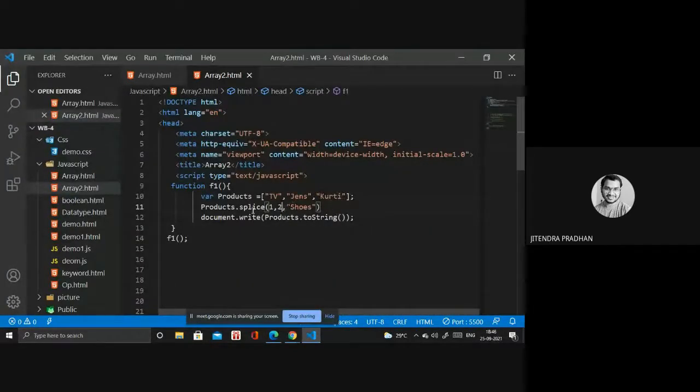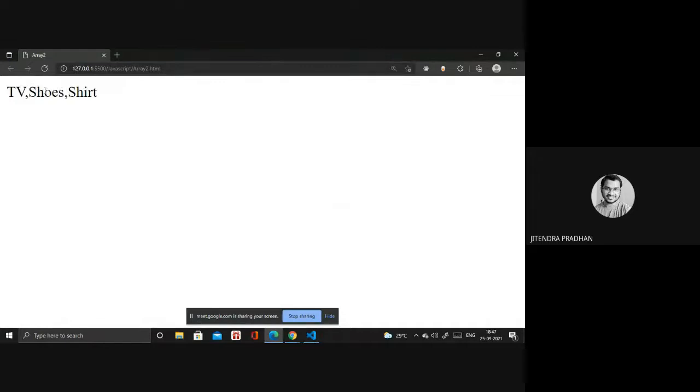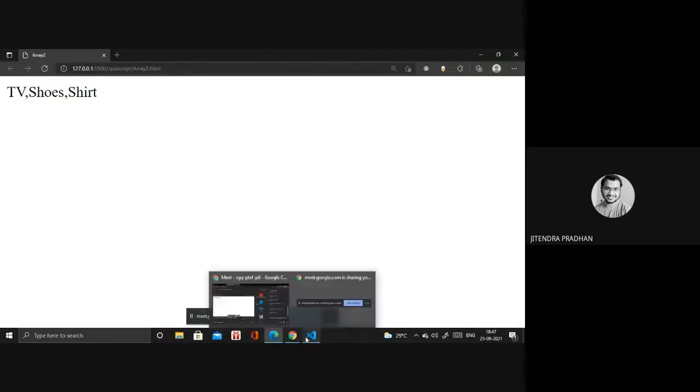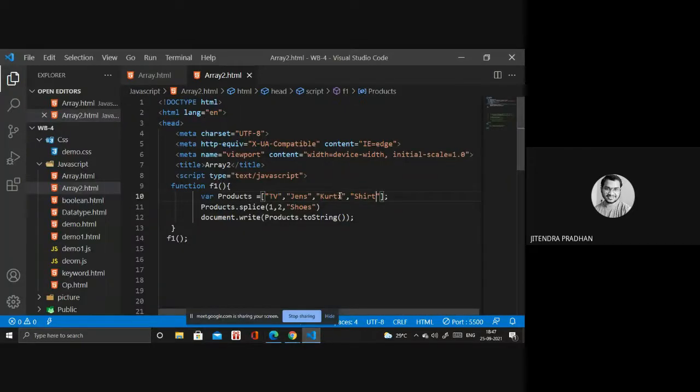So how much data you want to delete, you have to write in these things. Okay, this is the delete count. And the first thing is the number, like the index number after which you want to delete. If I write two, then two items are related only to gents and kurti. If I write three, it will relate to the start as well.